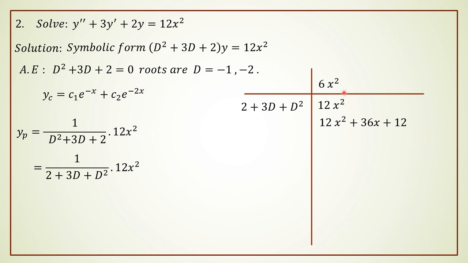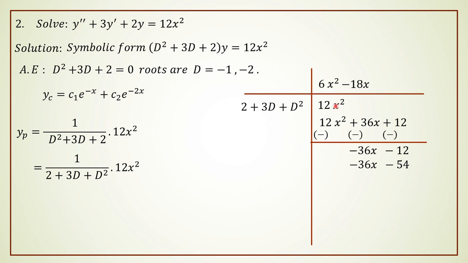One time when you are differentiating, you are going to get the value to be 12x, and second time when you are differentiating, you are going to get the value to be 12. Okay, now change the sign so that you are going to get the terms as minus 36x minus 12. So what should be the next term in the quotient so as to get minus 36x over here? The term should be minus 18x, isn't it? So minus 18x into 2 is minus 36x.